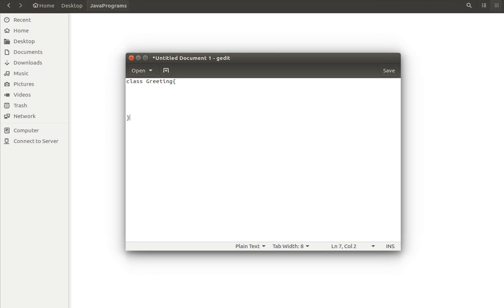Number one. And number two, a class must have a main method. So let's assume we're going to have a main method like this. For the main method, we should also have curly braces. Before this main method, remember we need to add public static. These two keywords we need to add. We will talk about that. What is public static? All that we'll explain later. But for now, remember the class must have a main method, and the main method is preceded by public static void.